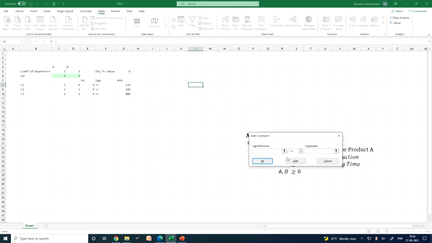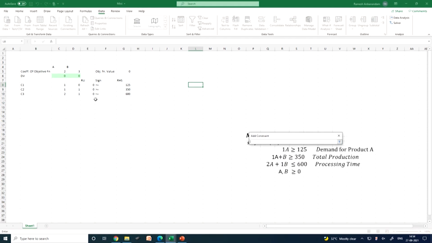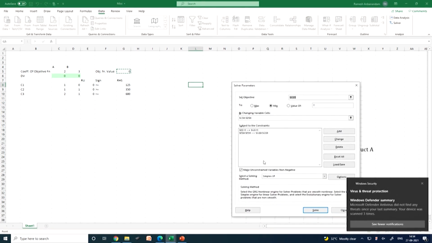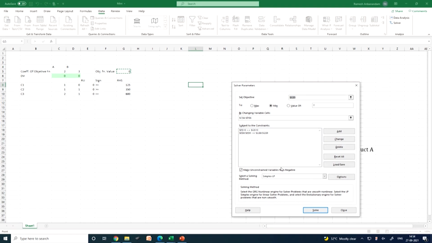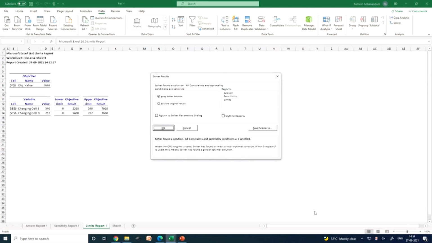The third constraint is less than or equal to. So, I have selected these values. So, it is less than or equal to our 600. So, press OK. Now, I am going to solve by simplex method, press solve. Okay.